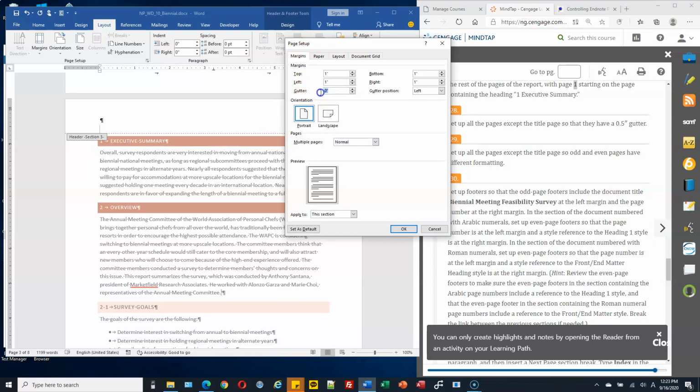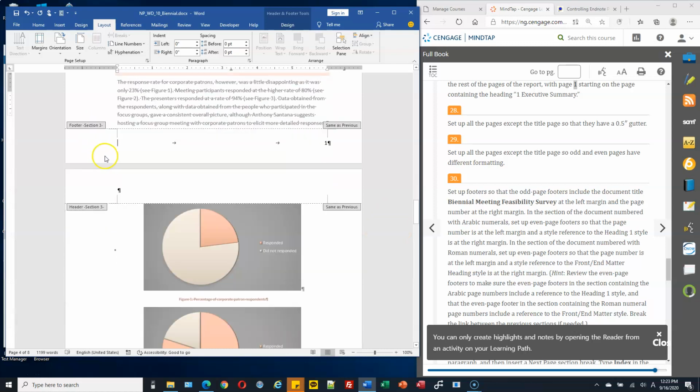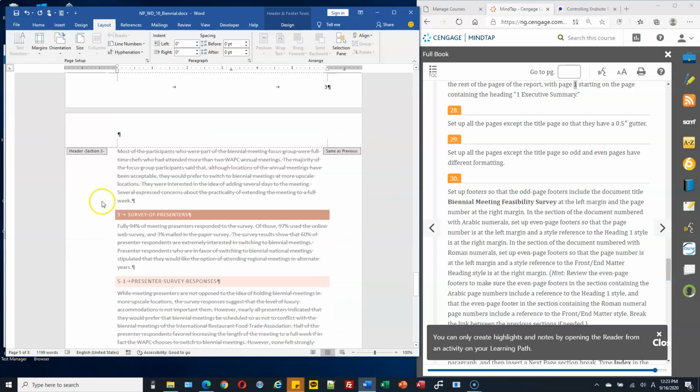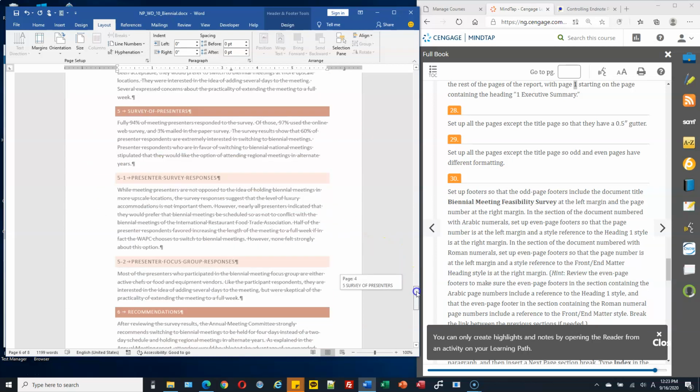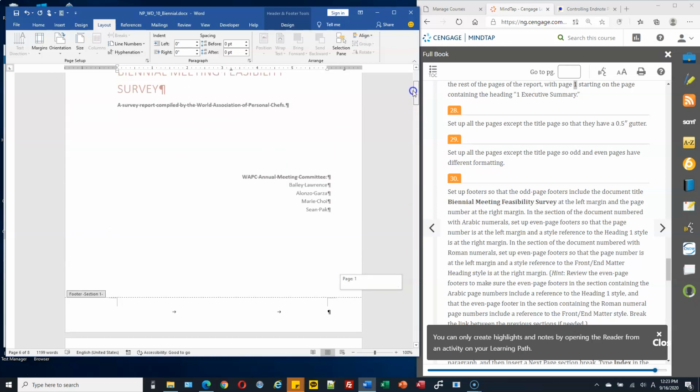So set this one to 0.5 inches, 0.5 inches, and then apply to whole document. Let's make it apply to whole document. Okay. So odd pages have more left margin, even pages have more right margin, and so on. This we will set later. Okay, and then